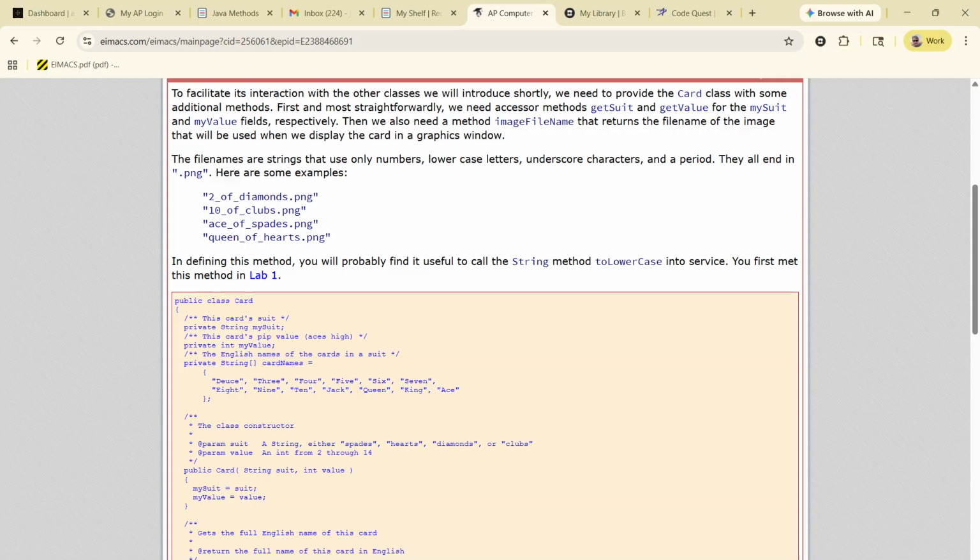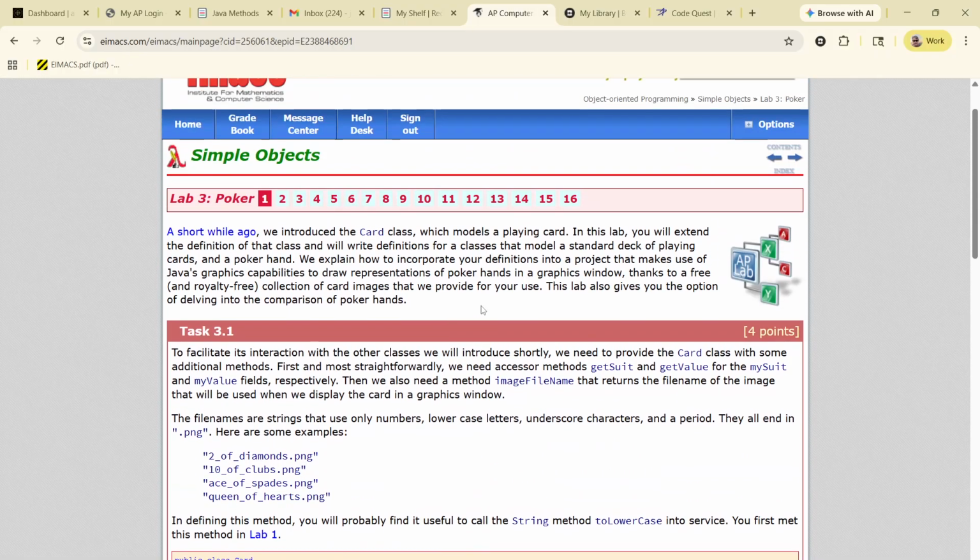Last night in class we went over Imax Lab 3, and we'll do it again in this video. So we're looking at an Imax screen, task 3.1, and in general I'll describe that we're going to create a card class, a hand class, which is a hand of cards for playing, and a deck class. We'll follow the instructions in Imax Lab 3. And hopefully, with a couple of pauses and reading and stopping, you'll be able to submit